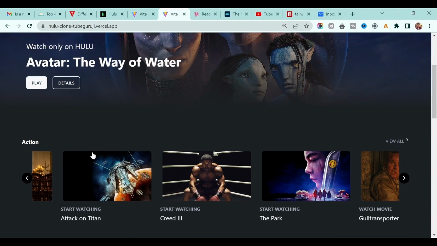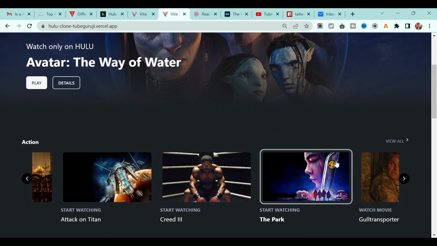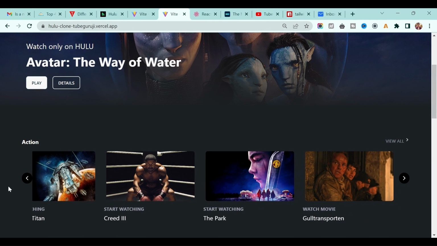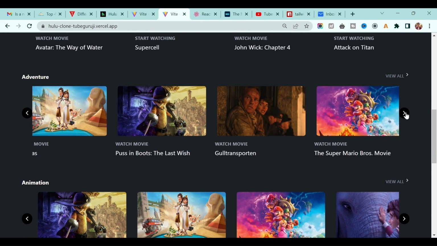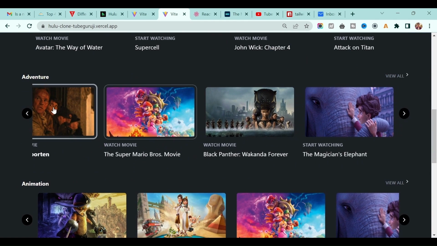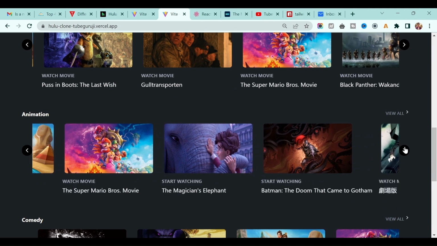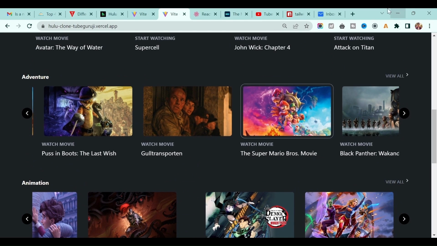Now we're done with this movie listing, but on the screen we need some buttons in order to scroll left and right. And if you see, for each of these movie list sliders, we have the button events which can help us to move left and right. So I'm going to tell you the easiest way to do it.